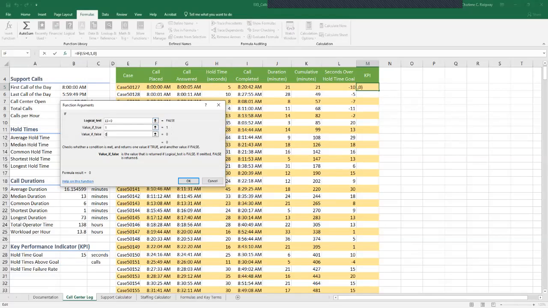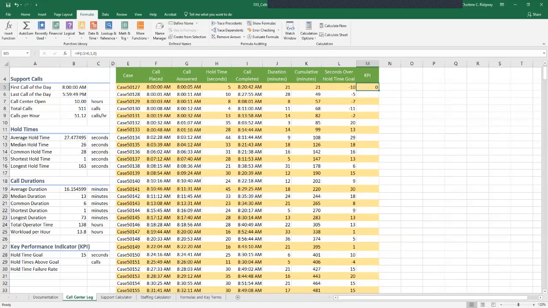Click OK to enter the formula. Up here at the Name Box, it's equals IF, parenthesis, L5 is greater than 0, comma, if it's true, put a 1. Comma means otherwise. If it's not true, if it's false, put a 0. So this is what is in the cell M5. Now the value 0 appears in cell M5, indicating that this first call was within the 15-second hold